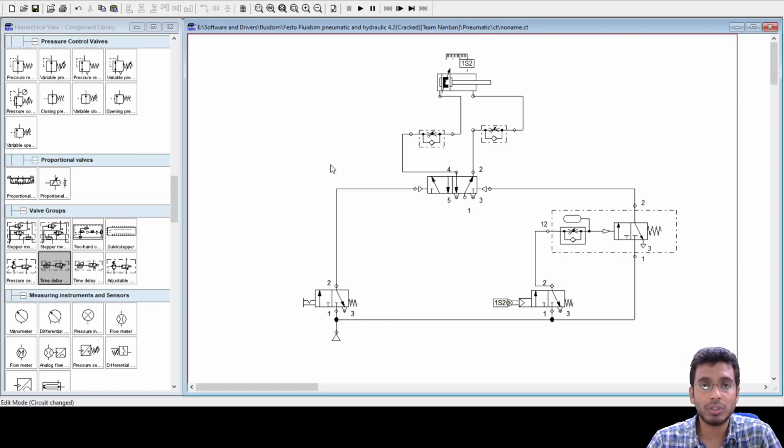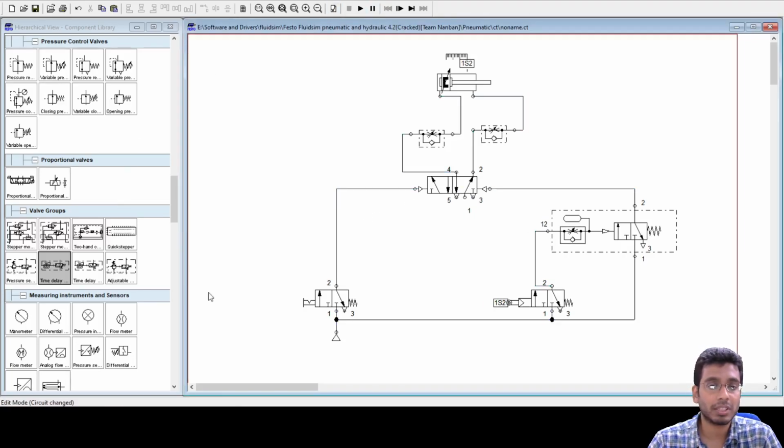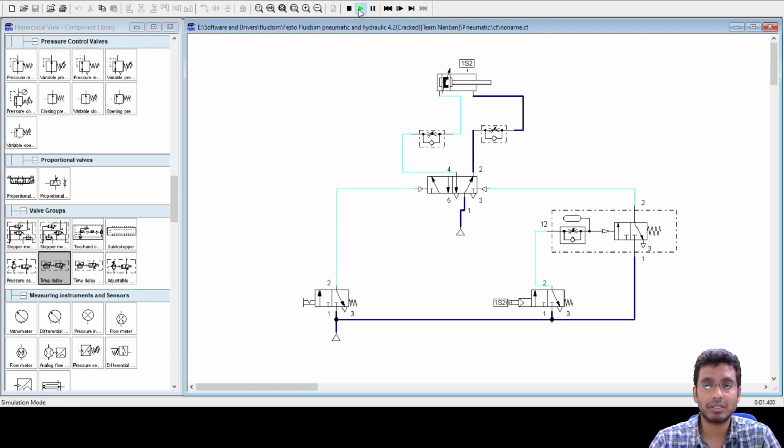If you see this, I have an open port here. Right now I have not given a compressor supply to this 5/2 valve. Now if I play this, let me control these throttle levels.